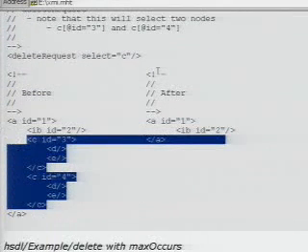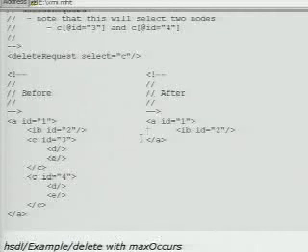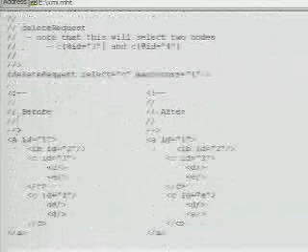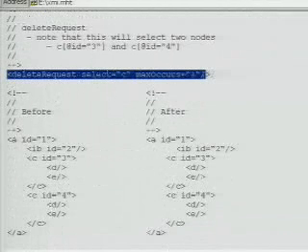In this particular case, we said we want to select C, but we didn't give any more predicates or any kind of extra knowledge. So we're going to delete them both, because we matched both of those nodes, and you never told us to do anything different. Now we can do the same thing with max occurs, like I was talking about before. I want to do a delete request with max occurs equals 1, which means that there had better be only one of those nodes there.